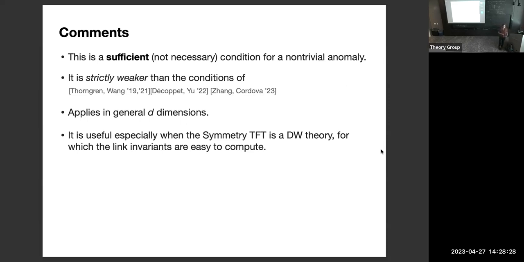How do you know which lines you want to end at the boundary? Because, for example, if you take Tambara-Yamagami, there are G duality lines in the bulk. Yeah, so in any given example, you'd have to test, you have to check which are the lines that will end to give you the symmetry.